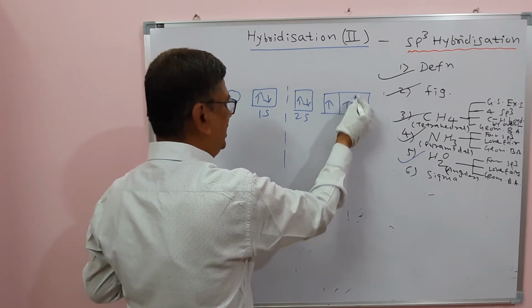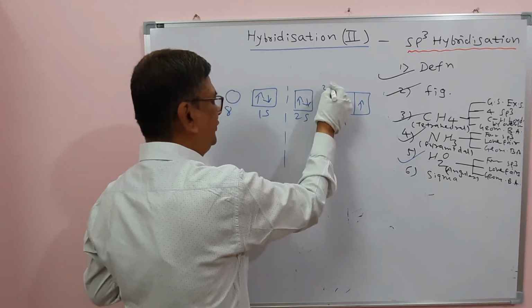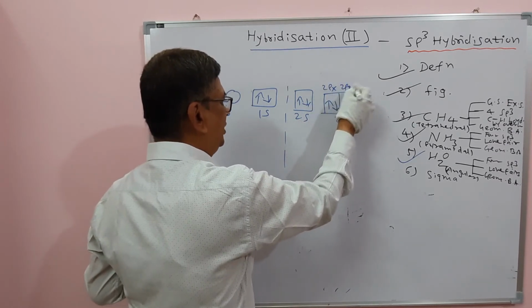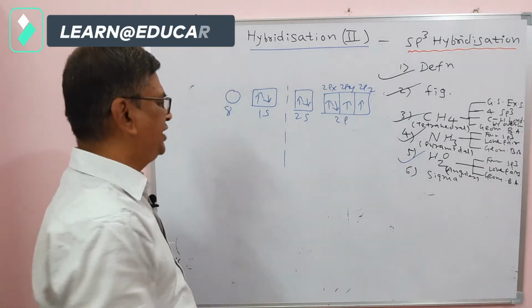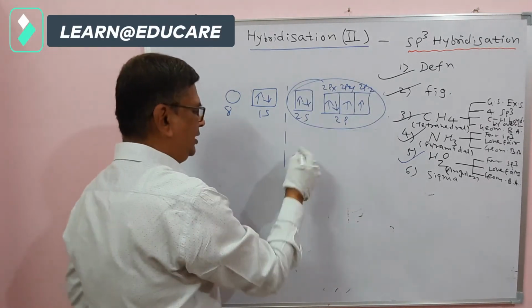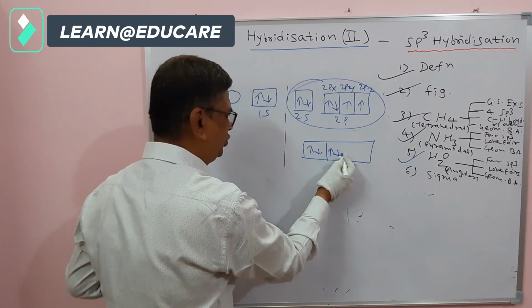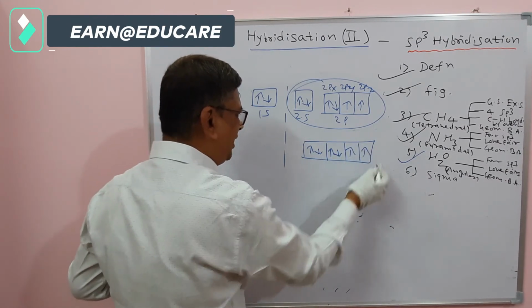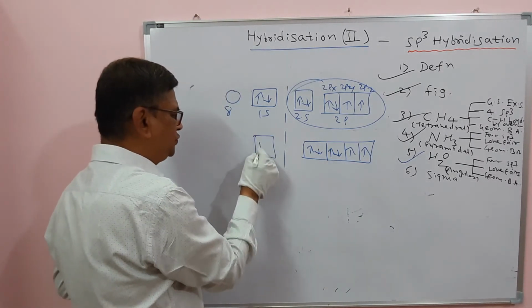Those 2p4 are 2px2, 2py1 and 2pz1. So here also there is no chance of an excited state, direct sp3 hybridization occurs, and we get such 4 sp3 hybrid orbitals, out of which 2 contain pairs of electrons, called lone pairs, and 2 contain